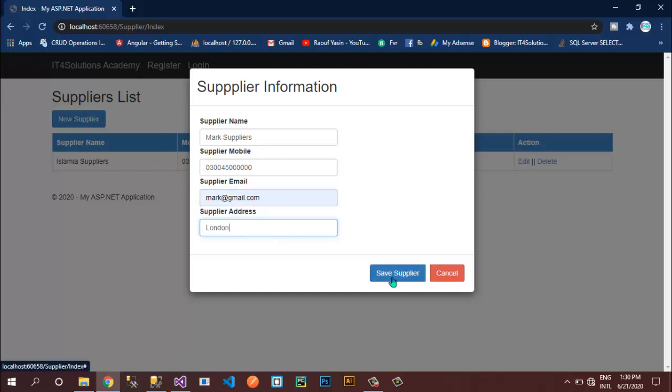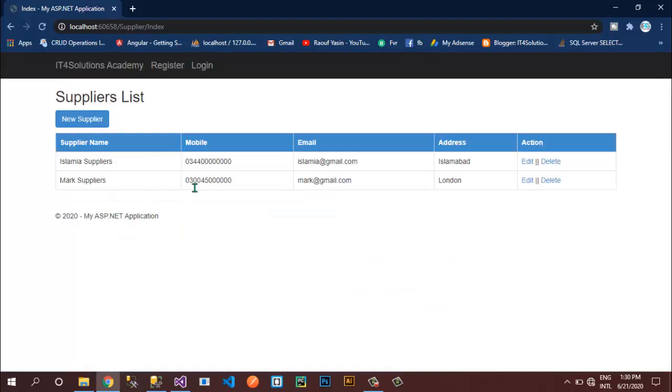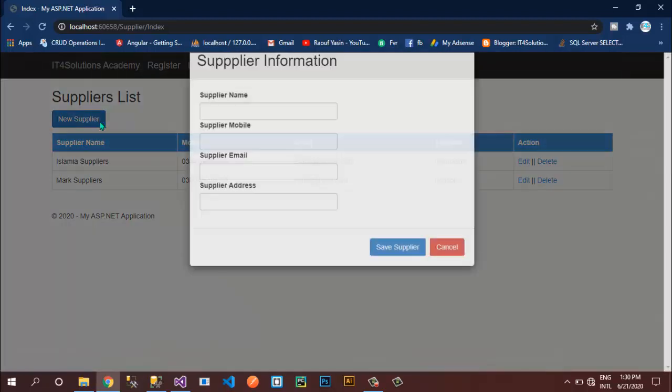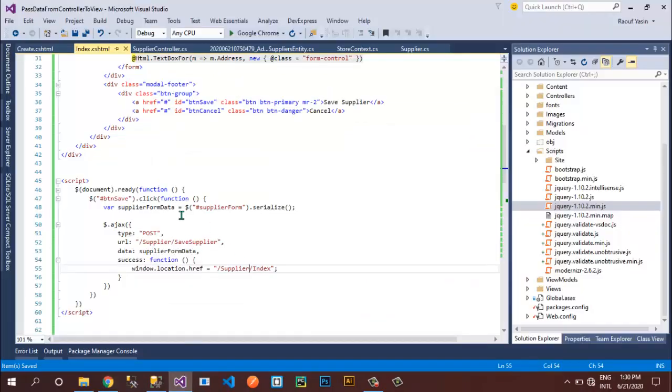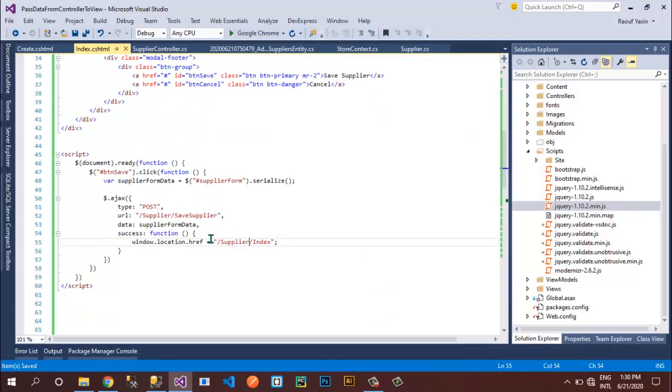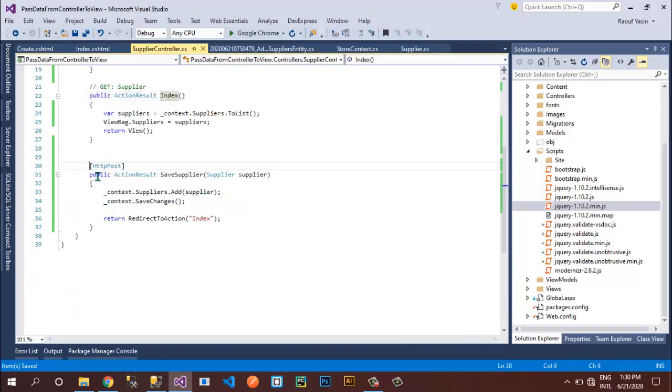Click on save supplier. Perfect, we're getting our next supplier. So this is how you can use a bootstrap modal and jQuery Ajax for saving your data inside your controllers and inside your SQL database. So we have created this simple HTTP post request, and we are saving our suppliers data.